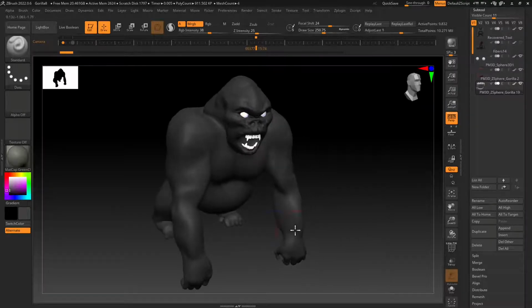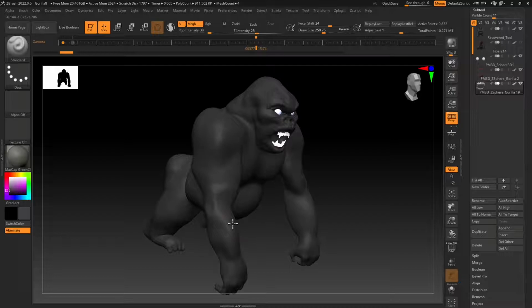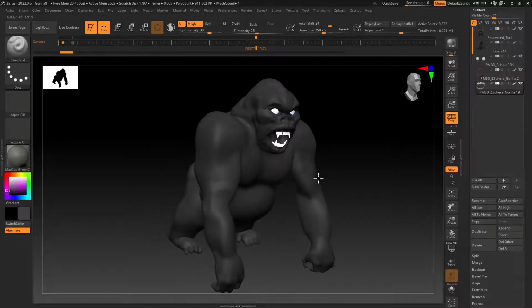Now, in this video, we're going to focus a little bit more on the painting, and I'm just going to deactivate the fur on this model that we also used in the previous videos, and we're going to work a little bit with the painting. Now, the basic part of painting is about setting up the material. So we're going to deactivate the Z add feature. We're going to work with